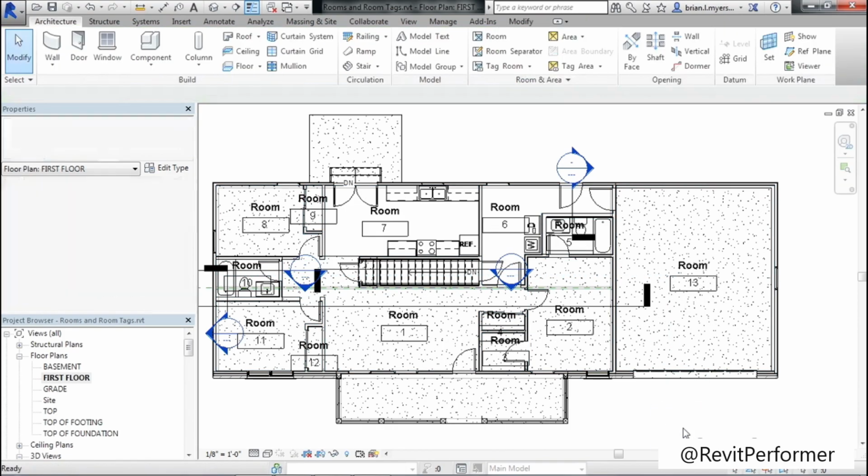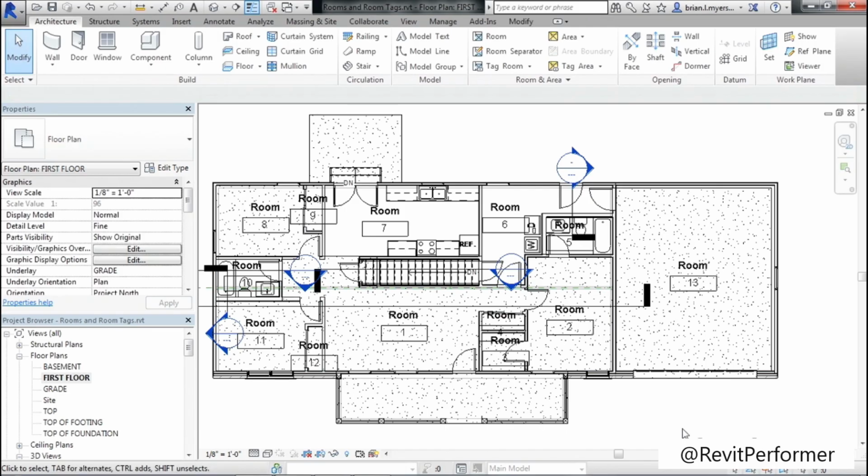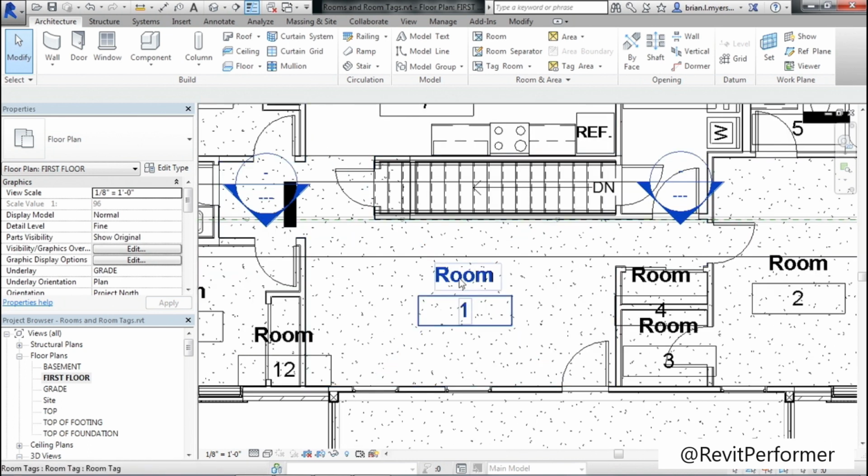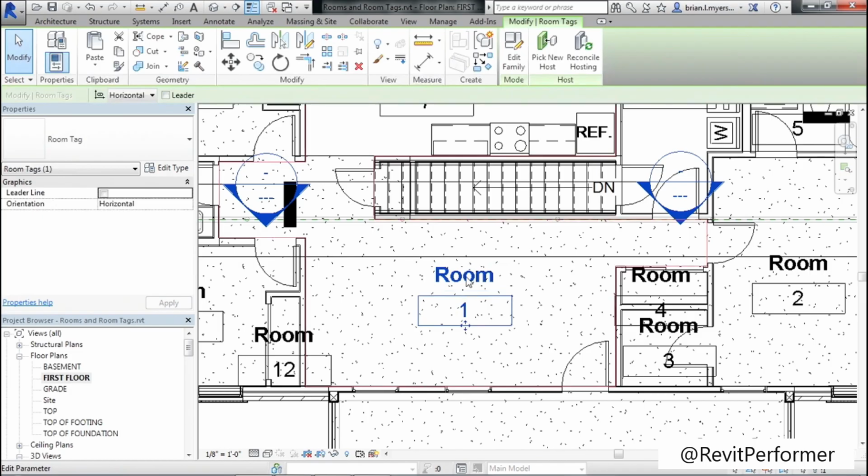Next, I'll hit escape a few times on the keyboard, and we can see that we now have room tags in each one of these areas. But they still need to be named whatever it is that they need to be named. So to accomplish that, we'll come over here where it has the room 1. We'll click and then click again on the word room. When it highlights like this, what I'd like to do